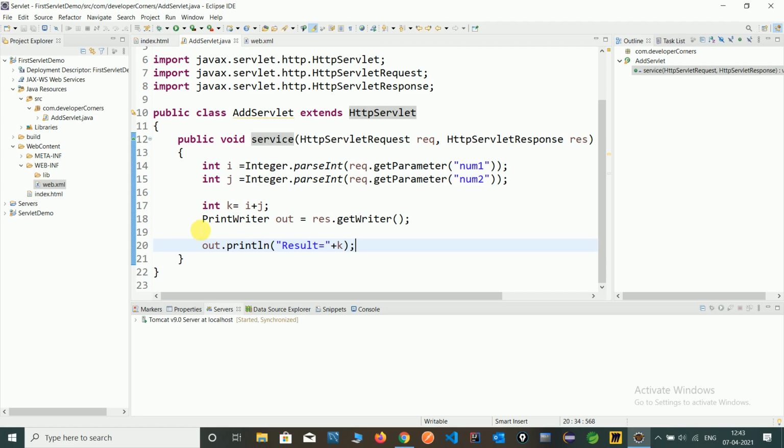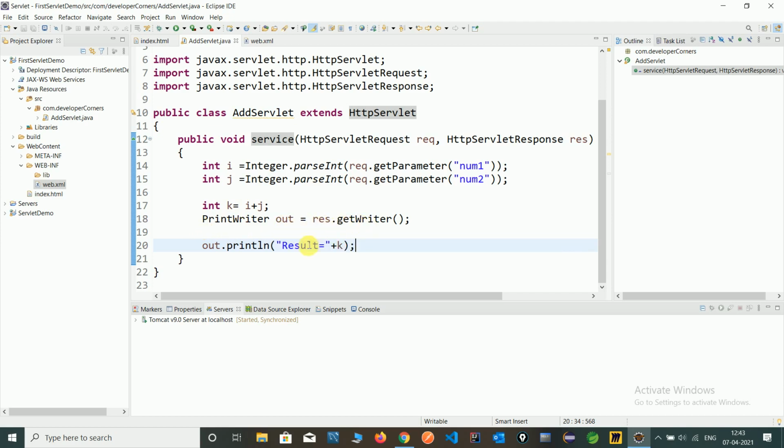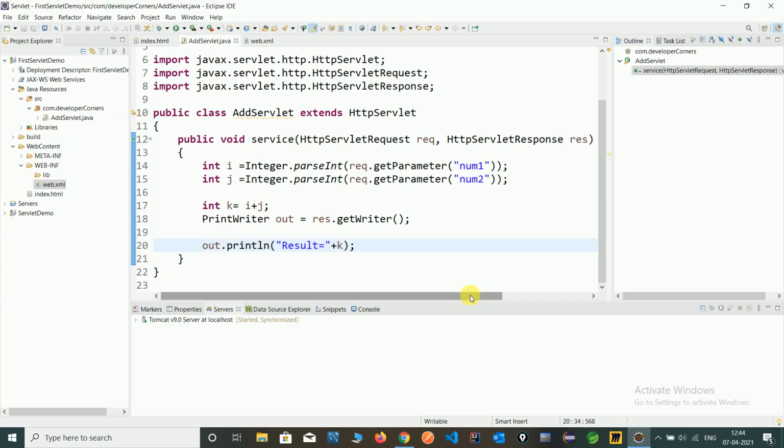For printing, we used the PrintWriter out, took the response, and printed using the out.println method, and here is our output, result equals 6. In the address bar you can see num1 equals 4 and num2 equals 2, and that shows the result equal to 6. So that's all about the servlet program.